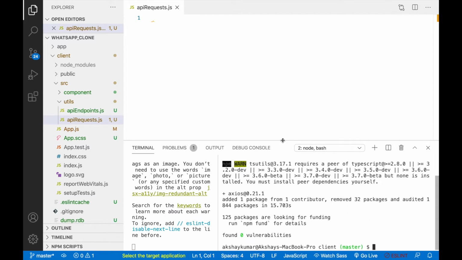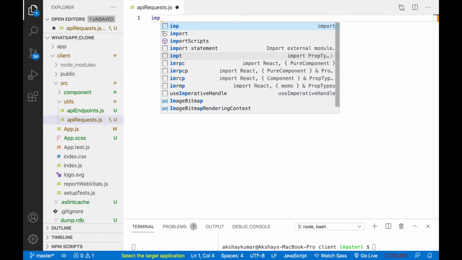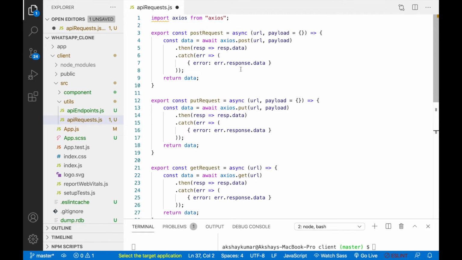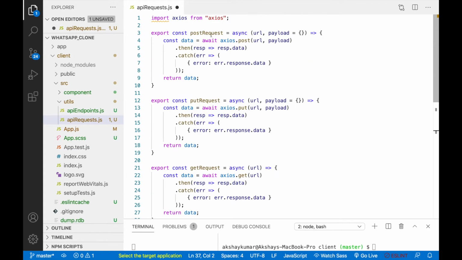So this is installed. We'll start writing our request, right? So we'll write import from axios. So these are the four methods. Okay, so post, put, get, and delete. So this method is an async function which will take URL and payload. By default, this will be an empty object.